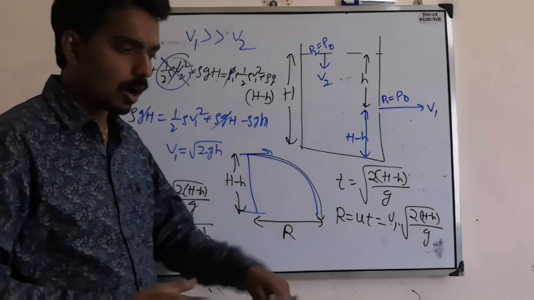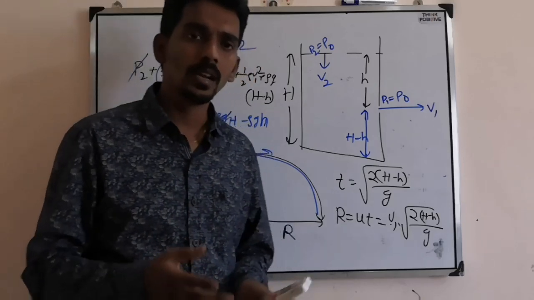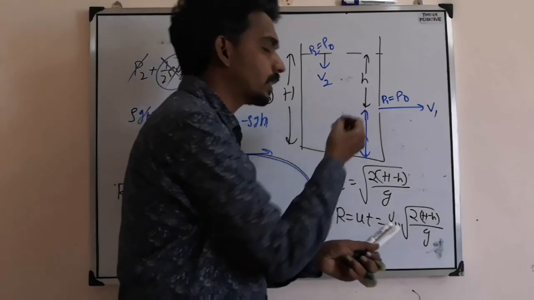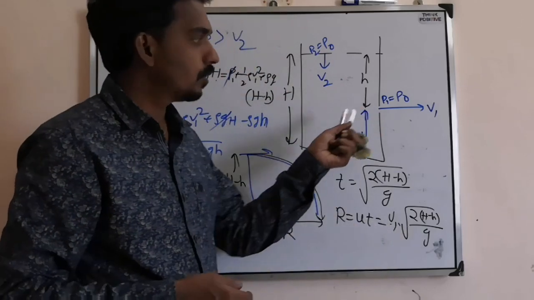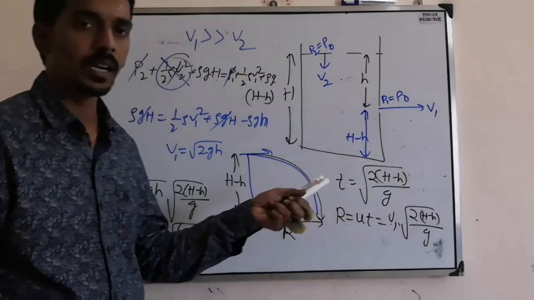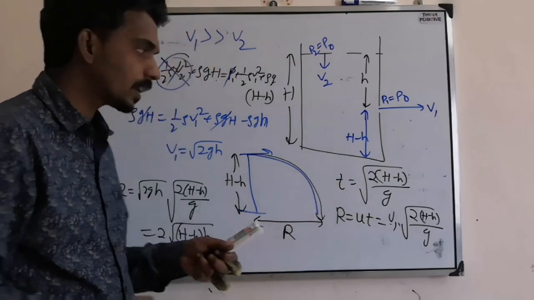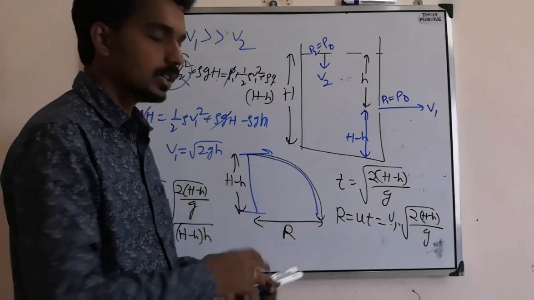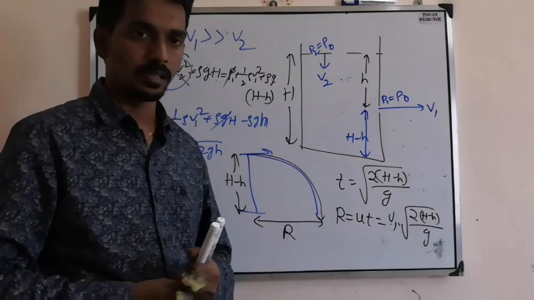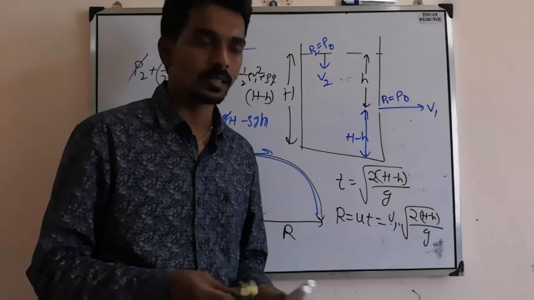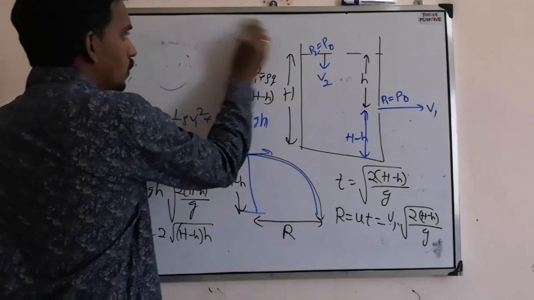So how the question will be asked here is, when there is an open beaker and a hole is made at the side, with what speed will the liquid come out, in what time will it hit the ground, and to what horizontal distance will it hit the ground. These are all things they can ask. Based on the same thing, a few more things also they will ask. Let us try to understand what those are.